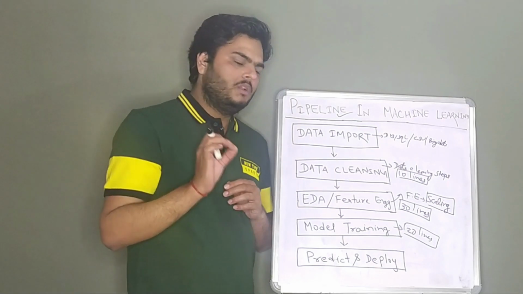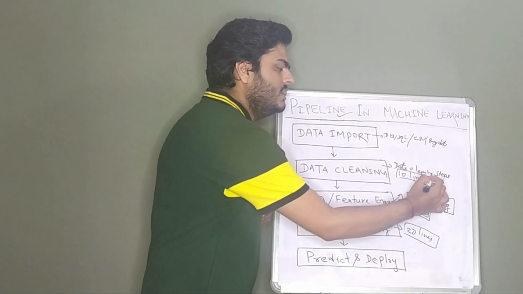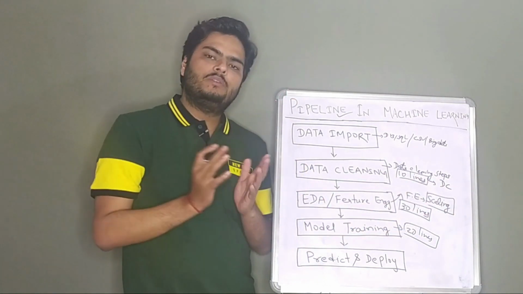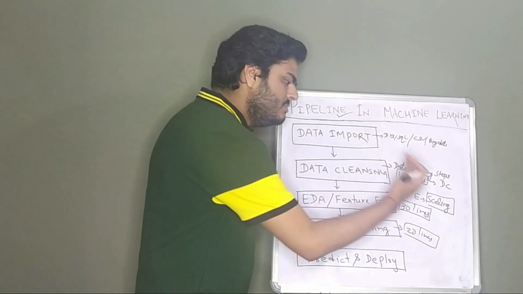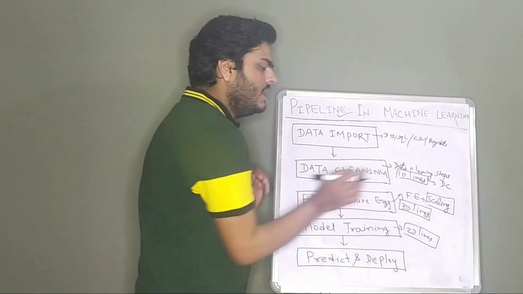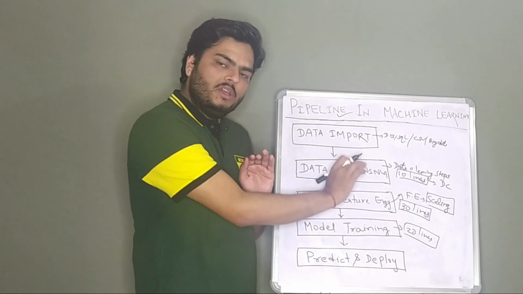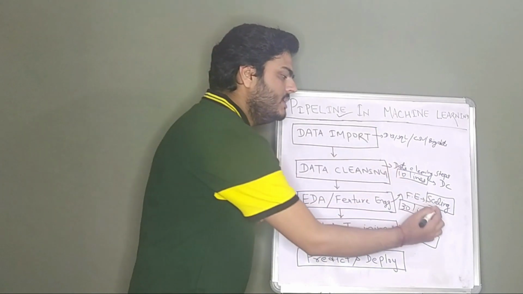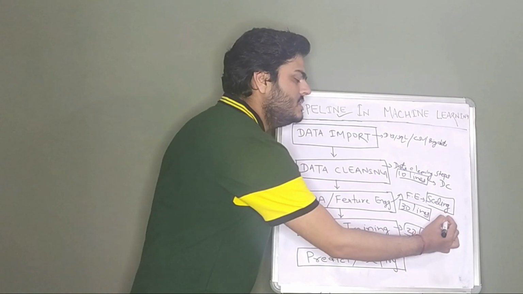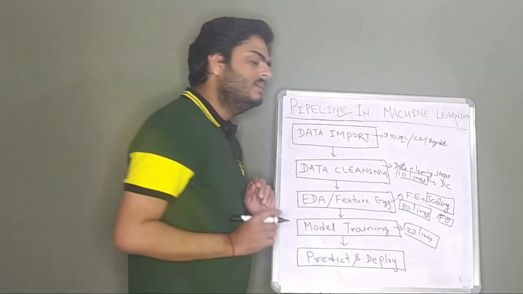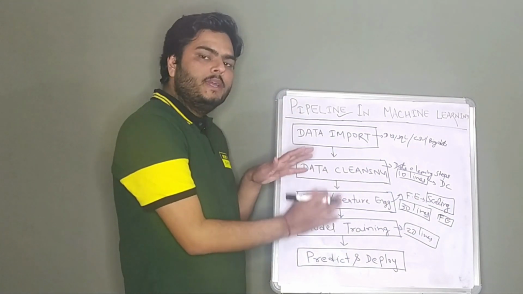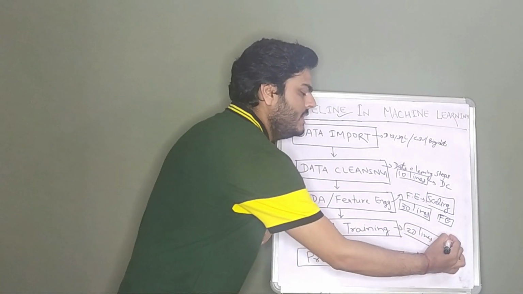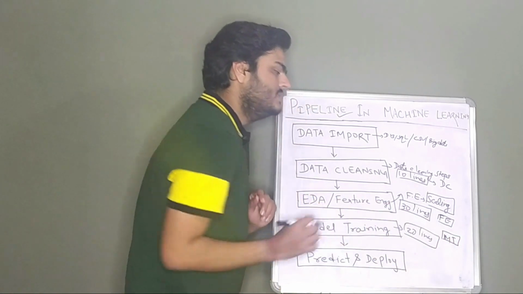Let me give you an example. Let us create a function and call that function data cleaning. So in Python we create a function called data clean. Similarly, we take the output from this step and feed it into the next step. Then we create another function, which we call the feature engineering function. We take the output of this step and feed it into the next step, the model training step. We call that model training. All these are different functions, guys.